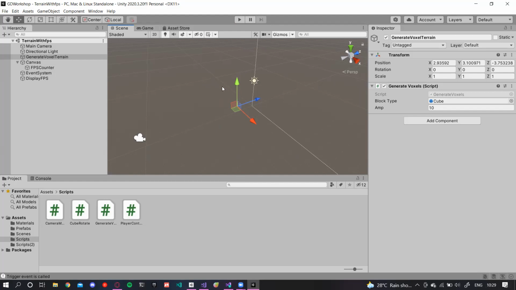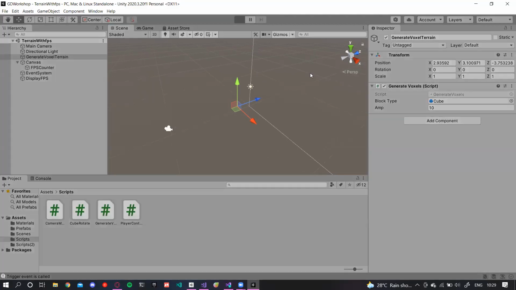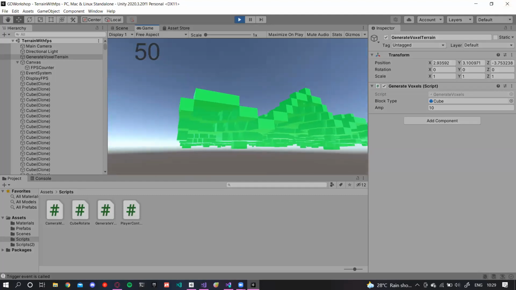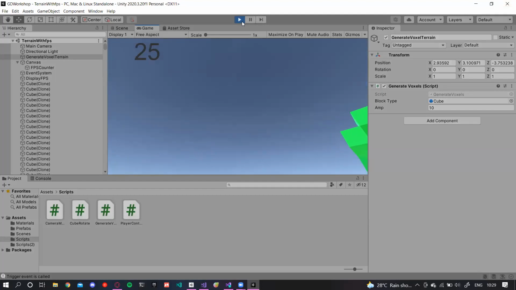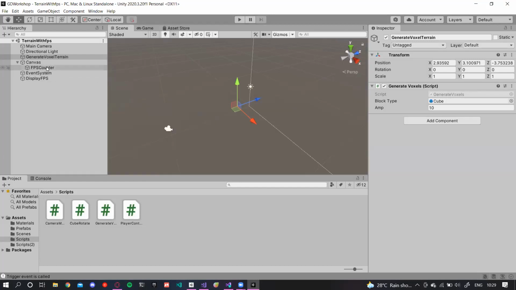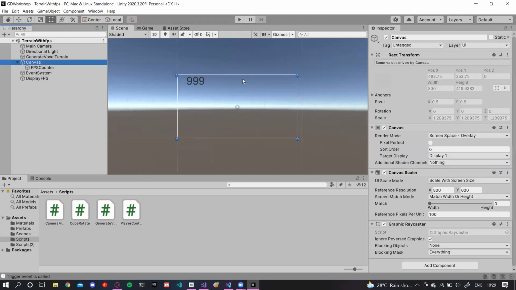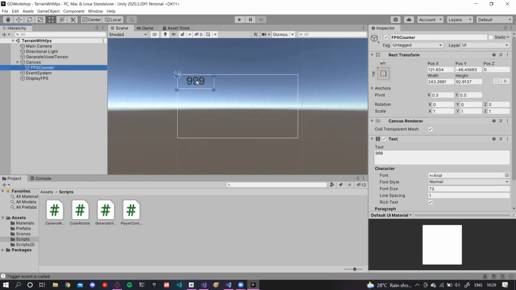Yeah. So then after this, you can see over here I've tried to show some number, right? This is basically the frame rate that I'm showing on my game. For this, how I did this was, of course, I created a UI part, set up a canvas where I can display my text. My text over here is the FPS counter.